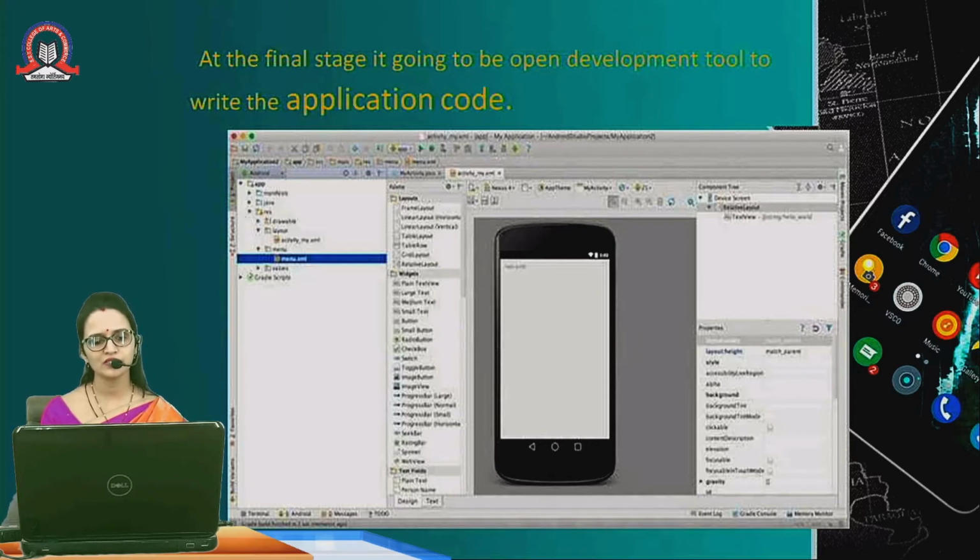We see my applications, app, res, system, source files and related content. We are representing two different forms, design and text. Whenever we click on design, we get a simple designing part. We just select, drag and drop the components onto the simulator. And after that, we have to change something in the code.